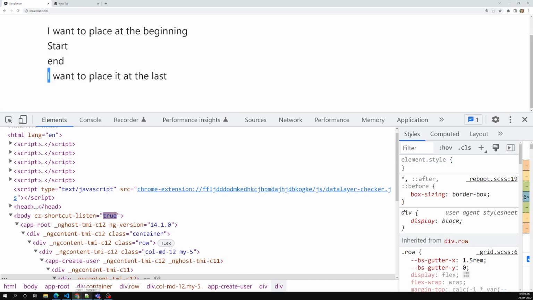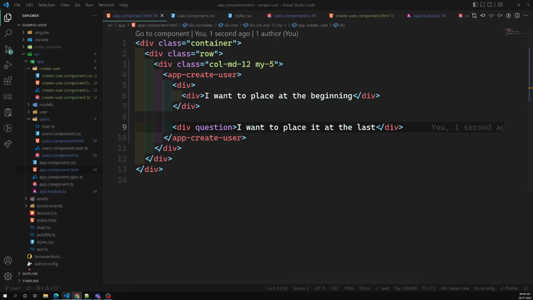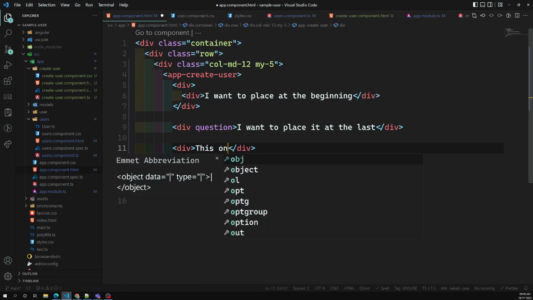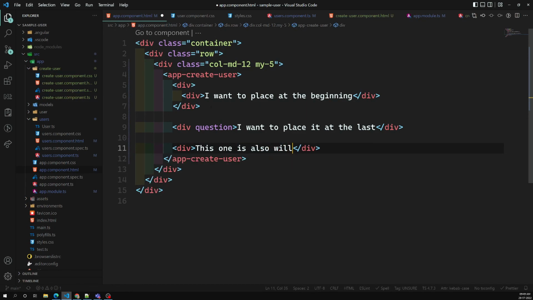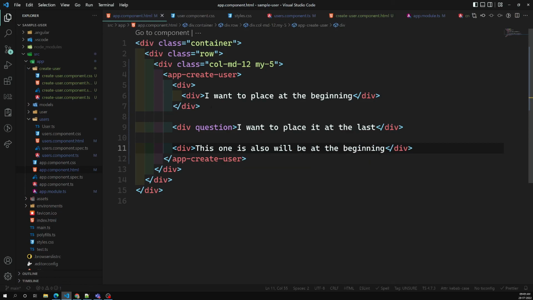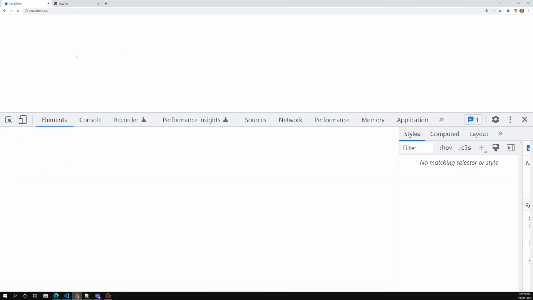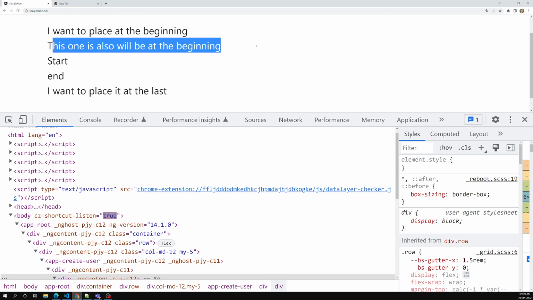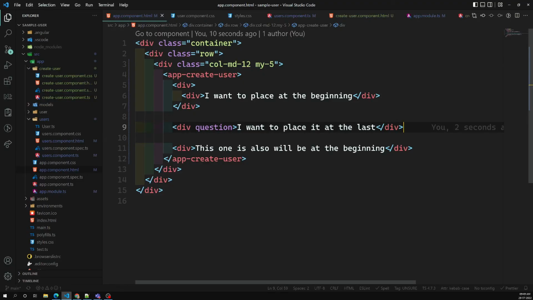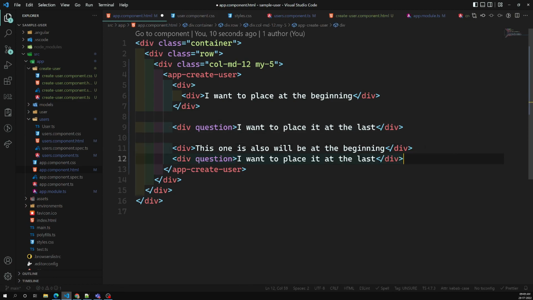see, this part has come at the last and this part has come at the beginning. Now, for example, anything else placed after this one will also be at the beginning. Why? Because this is the default one and doesn't have any attribute like question. So that one also will be at the top. Whatever things you mention with the tag of question